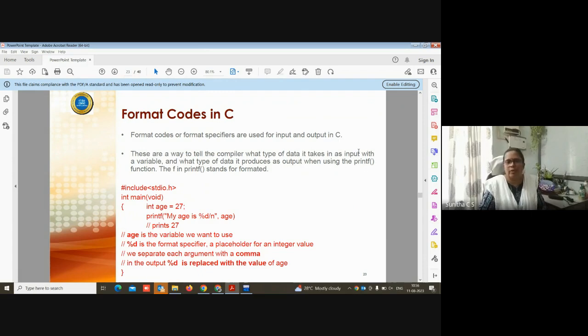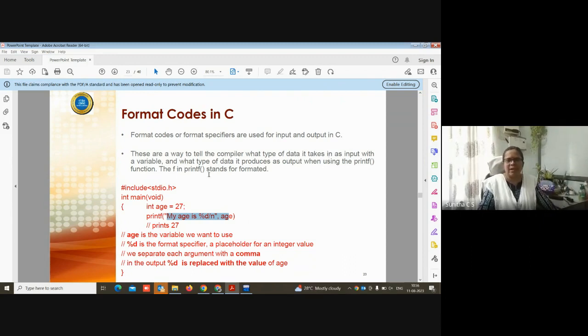Now, when you write programs, you can see format codes or format specifiers used for input and output in C. For example, whenever you wanted to print an integer value, you used %d. So these are nothing but the format strings or format codes. For different data types, the format strings are different. There is a way to tell the compiler what data has to be put in place of this particular formatting code. So that is what is being given.